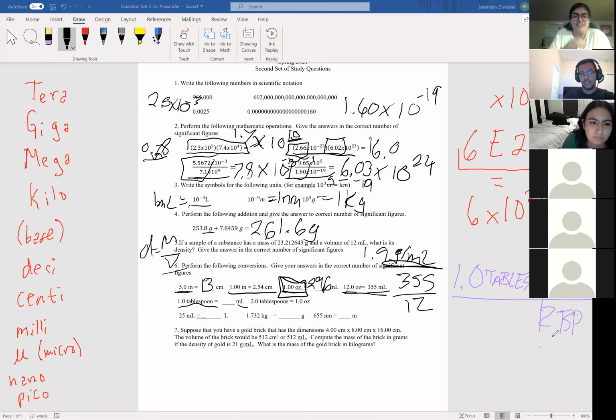Yeah, there you go, Jerry. It's TBS for tablespoons. And then that goes to ounces for every 1 ounce. And since we already have how many milliliters there are in an ounce, you can literally just throw that in. So you'll be dividing that by 2. Oh, so 29.6 divided by 2? Yes, which will be